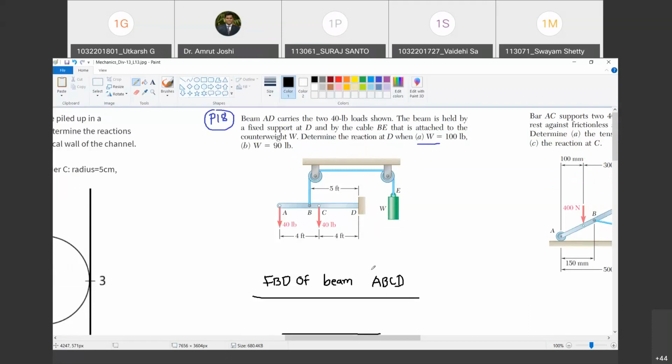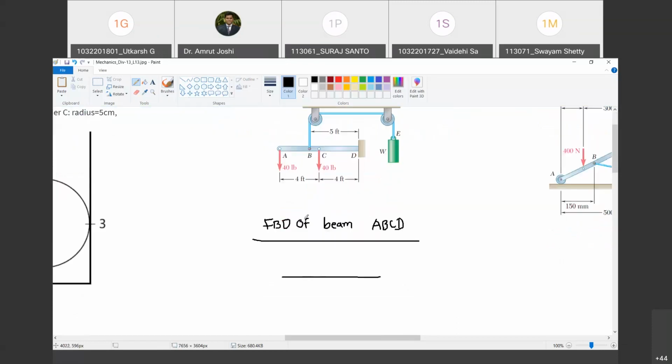But is anything about the self-weight of AD given in the problem statement? No, self-weight is not given. No information is with us. How can we show the self-weight? So there is another way, the implicit way of saying that we have to neglect self-weight. Massless, you have to consider it. Are you with me? Yes, because nothing is given in the problem statement. So they are talking about a beam whose self-weight is very small in comparison with 40 lb, 40 lb. Therefore they are asking us to implicitly ignore it. Happy? Yes.